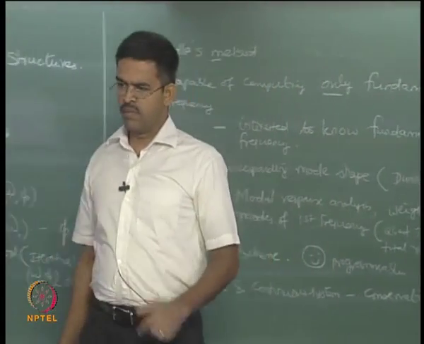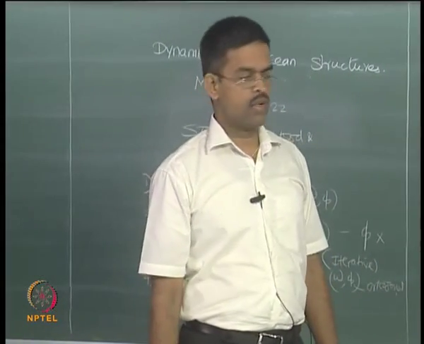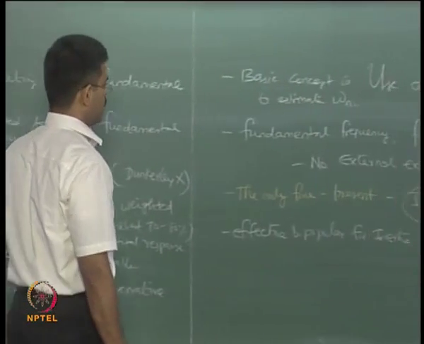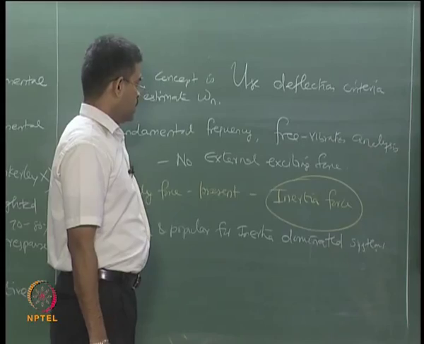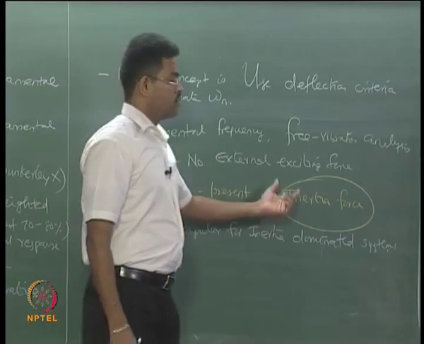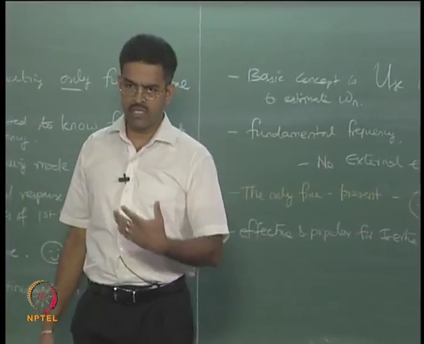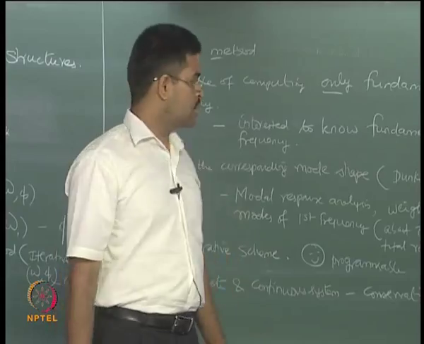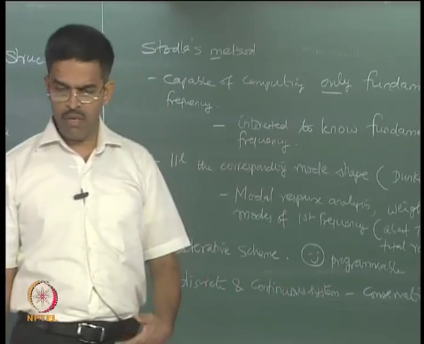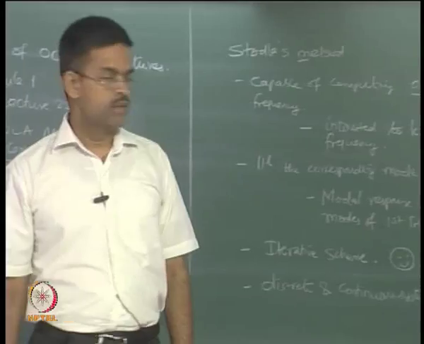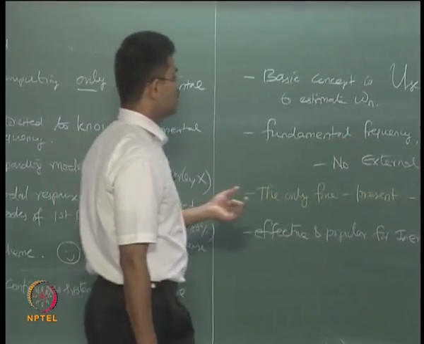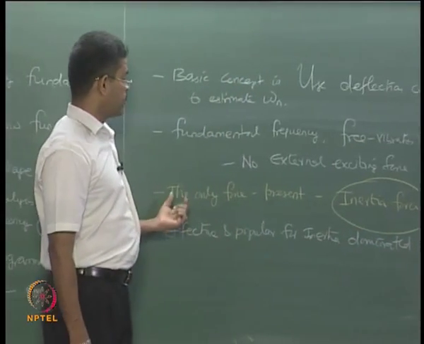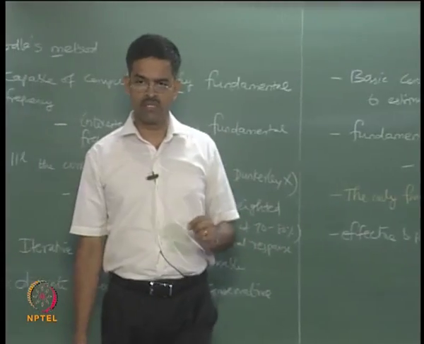There may be inertia dominated systems in practice, for example, offshore structures which have a very heavy mass are generally inertia dominated systems. So, the representative value of the inertia force in the case of a fixed structure, because m x double dot, m is very high, though x dot may be very low. In the case of compliant structures, again m x double dot, m may be low, but x double dot is very high. Therefore, if the inertia force is dominant, then this method of estimating omega and phi will work successfully.